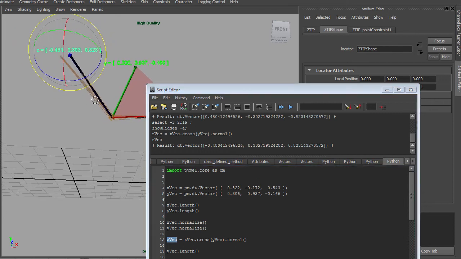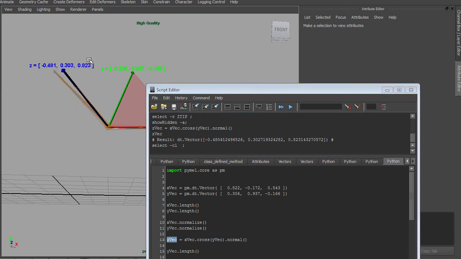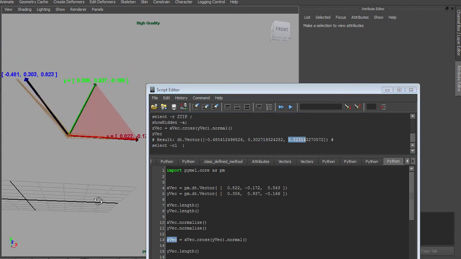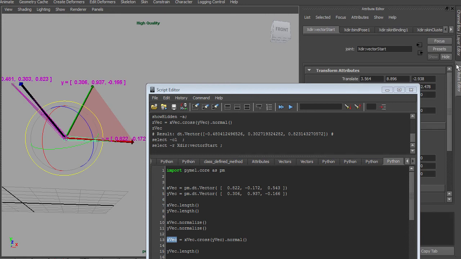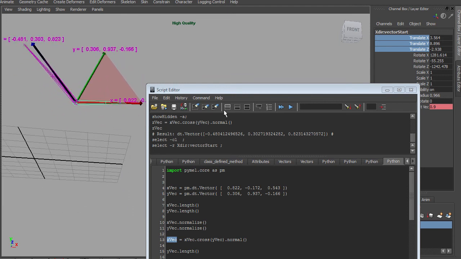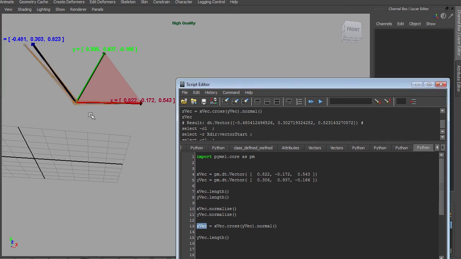So we got minus 0.481, minus 0.481, pretty much, minus 0.303, minus 0.303, rounded, minus 0.306, minus, wait, this one, minus 0.823, minus 0.823. And now, if we got the translate position of this guy, so we can just look in your channel box and get this value right here. I don't have a helper for that, but I can make a matrix and I can set an object to that. So let's go ahead and just do what we did in the previous video to show, but this time